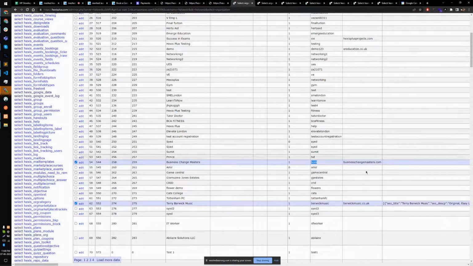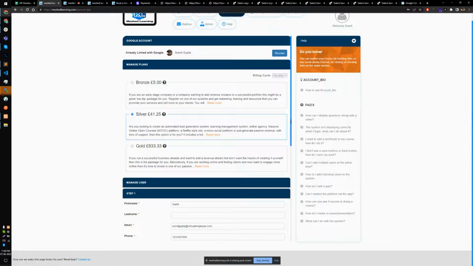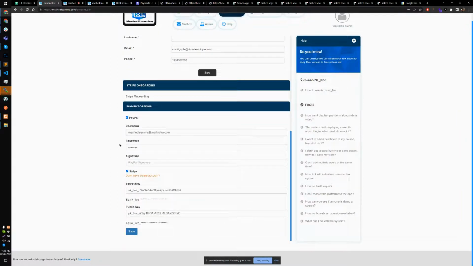For this person's account, when he logs in, he will have his own set of home section, home widgets, the background, the login, and his own account details, the plan that that person has selected, and his personal details, his personal account and type details,